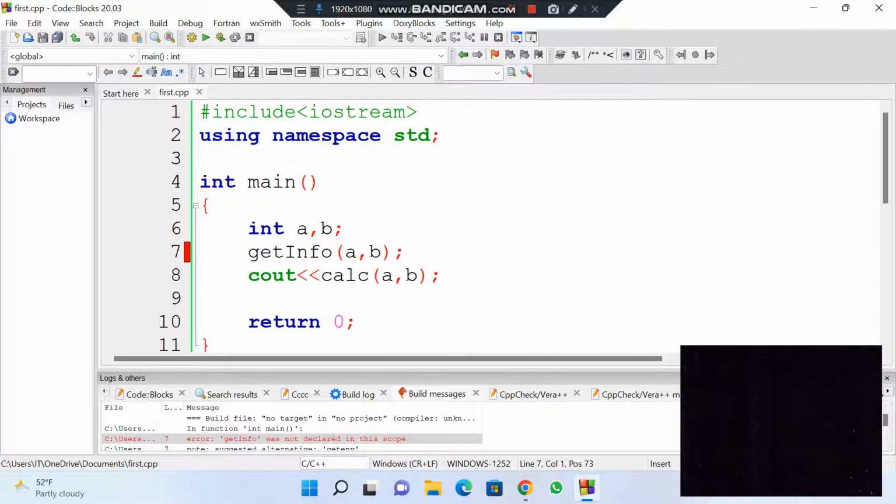You see, it does not know what get info is, because it's not declared. Which means that's when I say you will need to have a prototype. So writing a prototype, you just write the function as